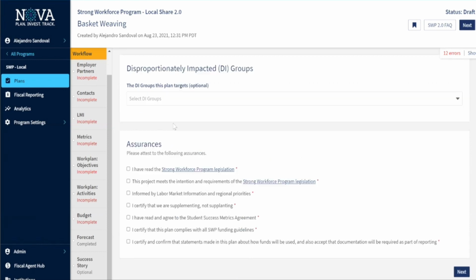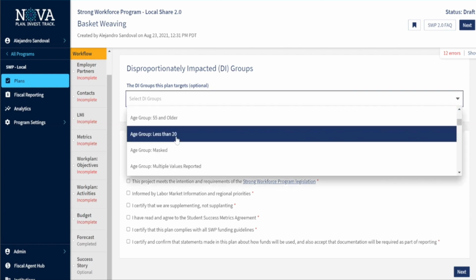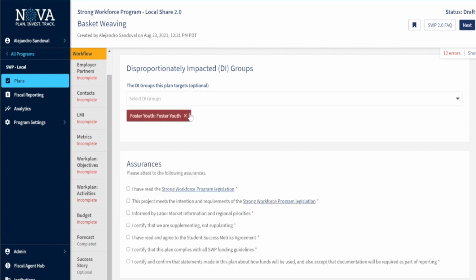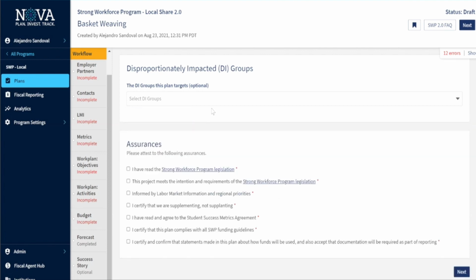We have the usual disproportionately impacted groups, the DI groups this plan targets. You can select the age group, first generation students, foster youth.